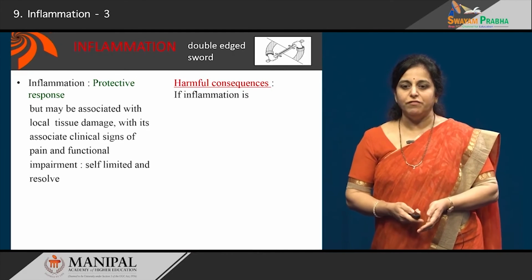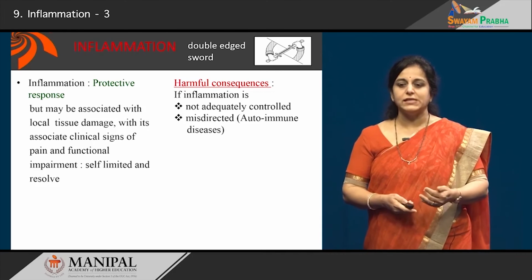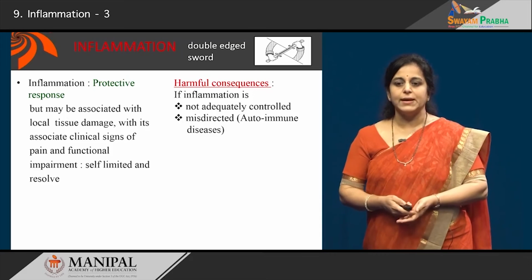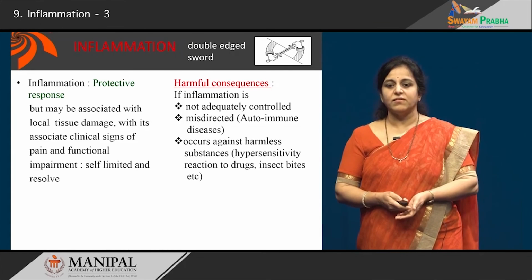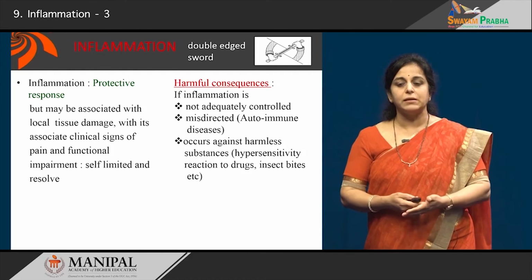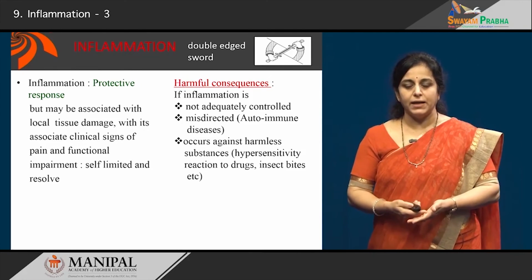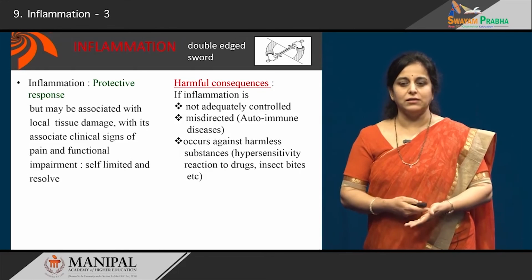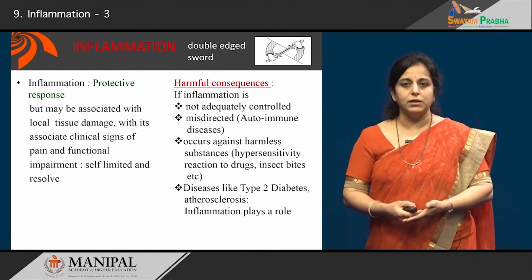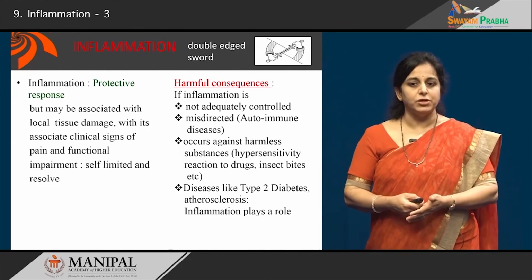For example, if inflammation is not adequately controlled or it is misdirected. For example, if inflammation is occurring against one's own body cells, which is autoimmune diseases, or it is occurring against harmless substances. For example, some people have hypersensitivity reactions to drugs, insect bites, which do not cause problems in others. And also certain diseases like type 2 diabetes, atherosclerosis are now known to be conditions where inflammation plays a major